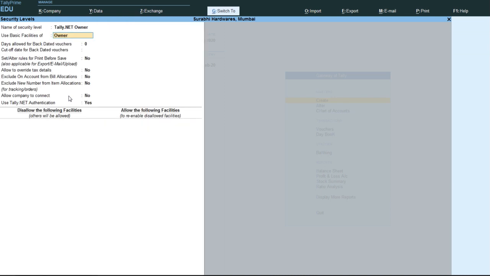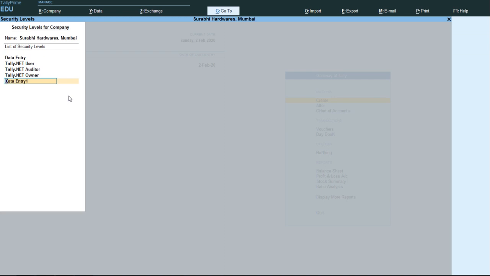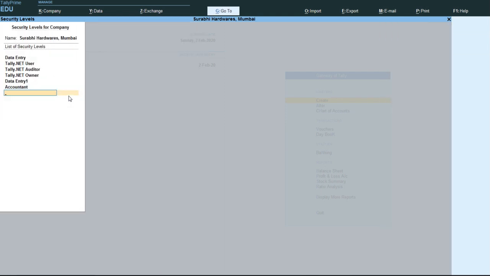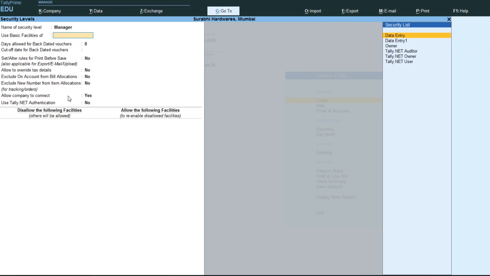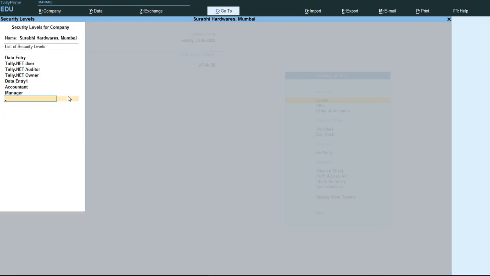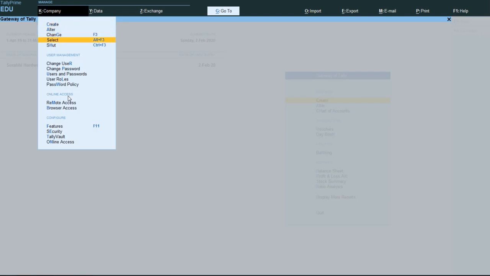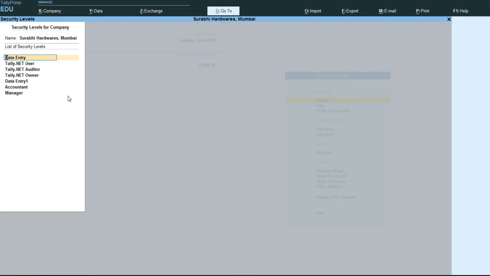Similarly data entry 1, data entry 2, here we can create new admin levels also, like accountant under data entry, and like manager under data entry. We will accept the screen. So that's all. We learned about user roles and how to create security labels.